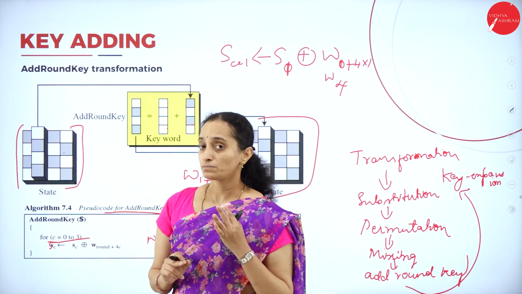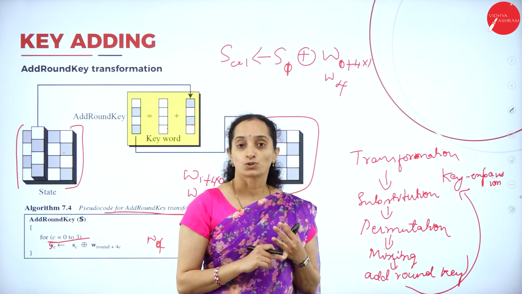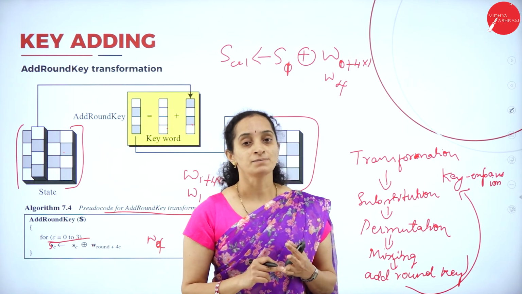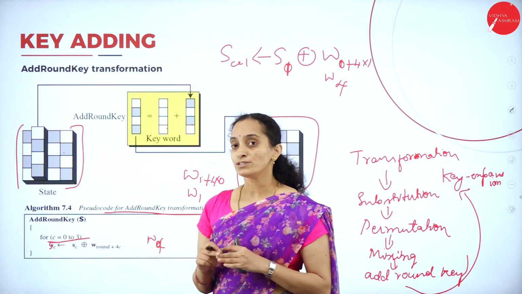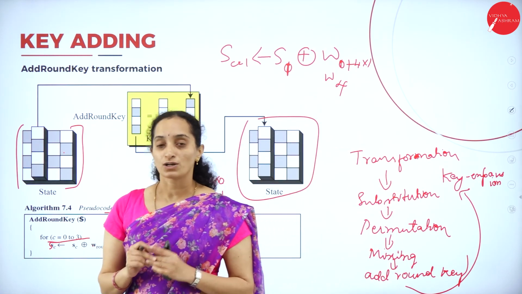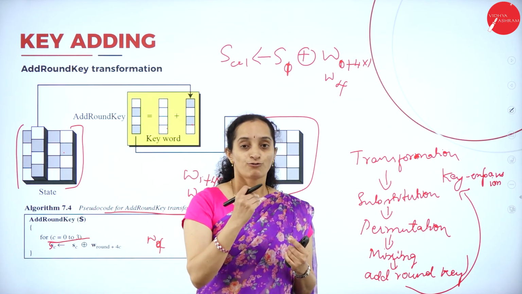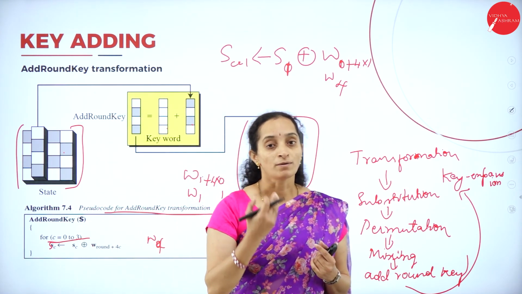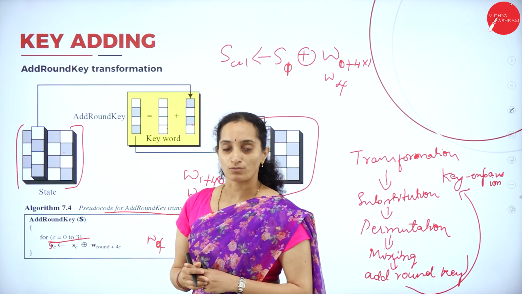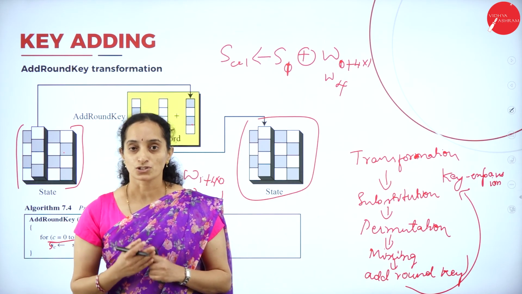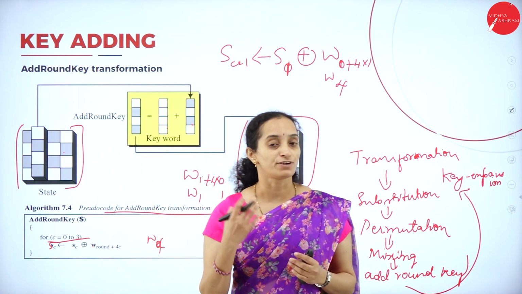AES with 192 bits executes 12 rounds, and AES with 256 bits follows 14 rounds of round key generation, isn't it? Key expansion says that for each round, one more round key is added. The key is expanded for one more round to make it stronger and make cryptanalysis much more difficult for AES.